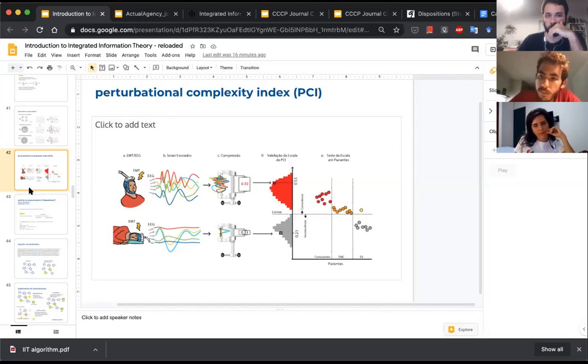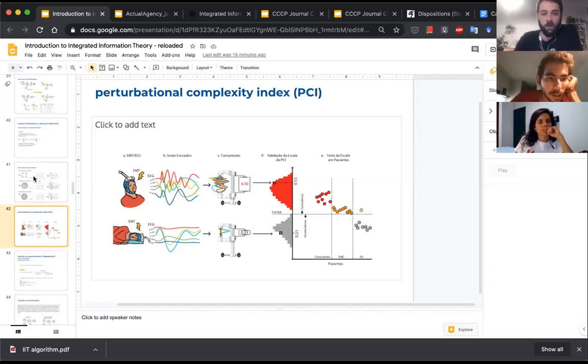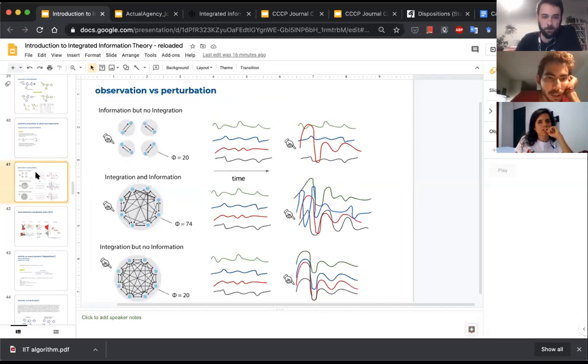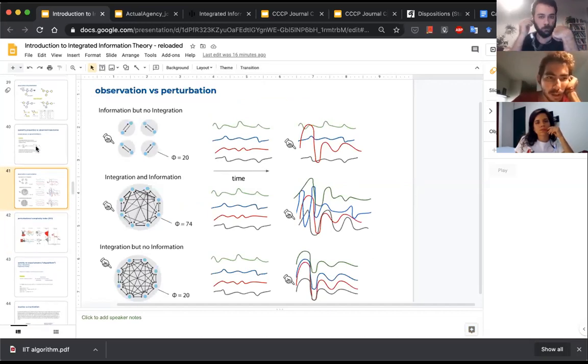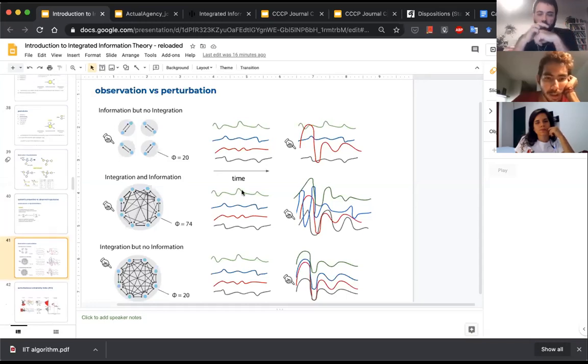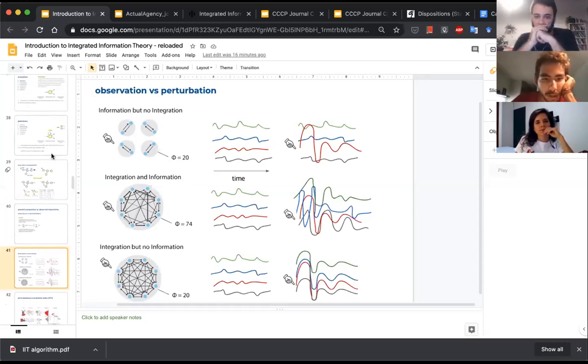It's very evocative, these lines here, right? Because they could correspond to brainwaves, but they could also correspond to price fluctuations. I was planning on talking about this, I think this distinction is really relevant, this observing versus perturbing. And so maybe I can just already start talking of